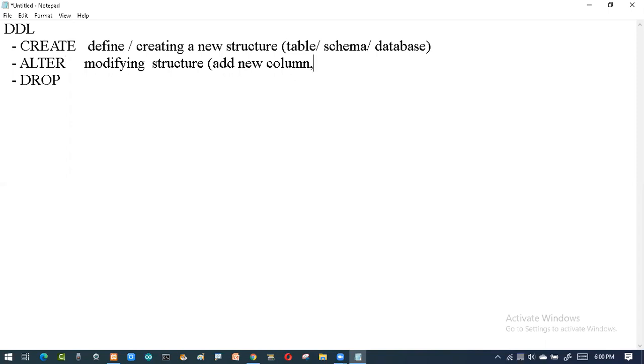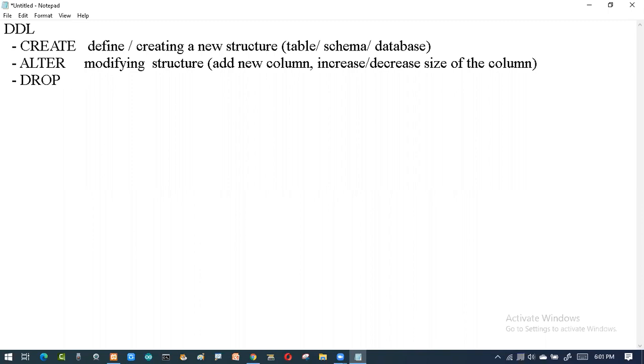Or if I want to increase or decrease the size of the column, with the help of the alter command, we are going to do this.